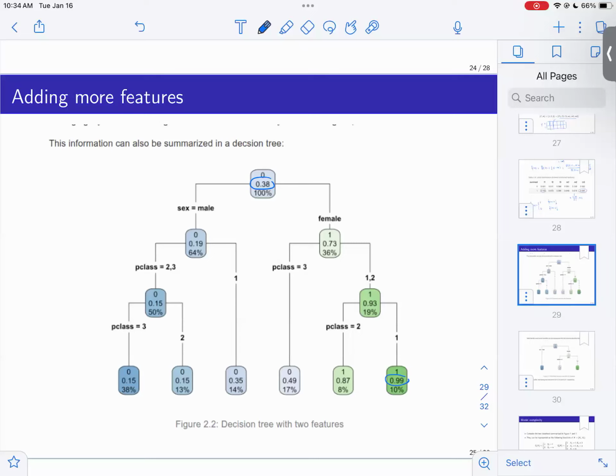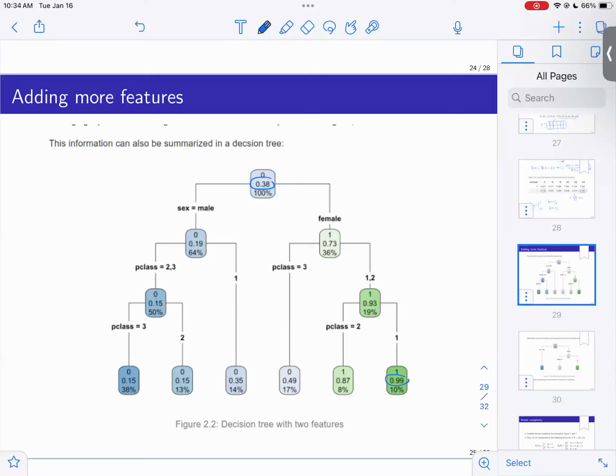At the base level, if you just stop here, you classify everyone as not survived, the majority classifier. And so you can have the three branches all the way. The way the software does it, this is the rpart package, it just splits based on two, but here really it's split based on three. You don't have to do this grouping, but that's what it does in this case. Does that make sense?